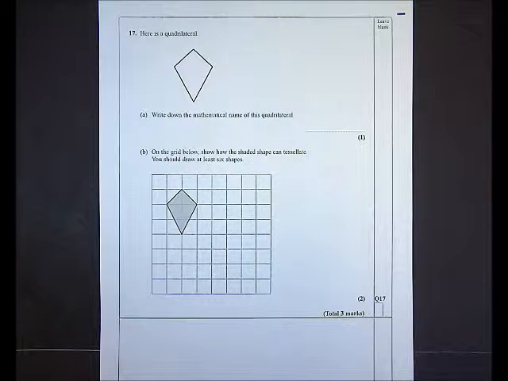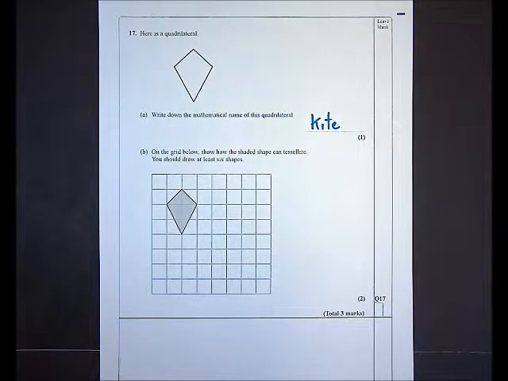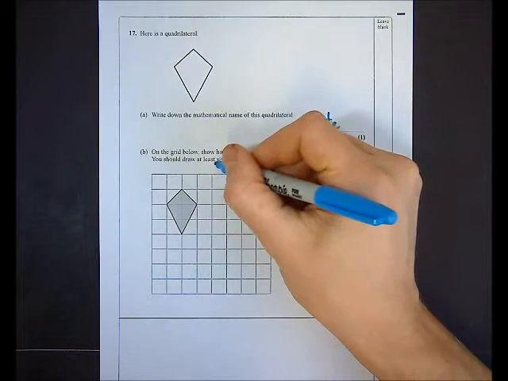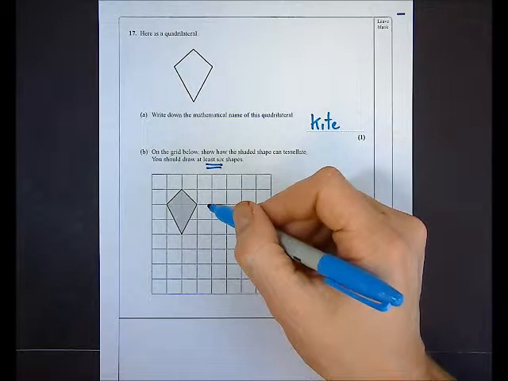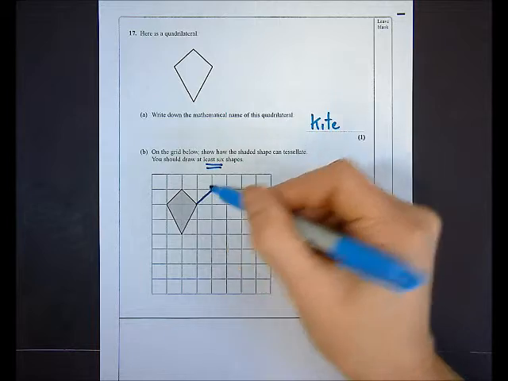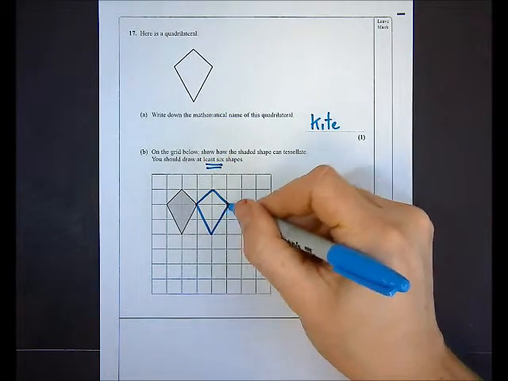Question 17, I'm given a quadrilateral and asked to write down the name of it, and that is a kite. In part B, I'm asked to show how that shape tessellates, and I'm told to draw at least 6. So I've got a kite here. Now, I would normally advise you do this with tracing paper and just moving the shape around, but I can see that I can fit one in there,